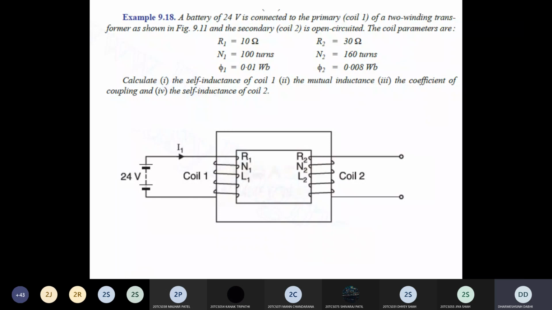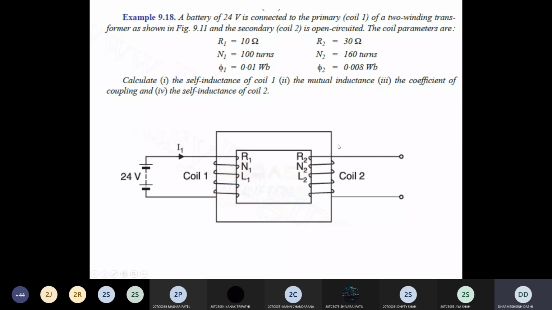And we already saw in the video that K is equal to what? Flux linked with coil 2 because of current flowing into coil number 1, divided by total flux of coil number 1, which is phi 1. So K is equal to flux linkage phi 2 divided by phi 1. Clear, all of you? Yes, sir. Okay. So that's why the name is given coefficient of coupling.